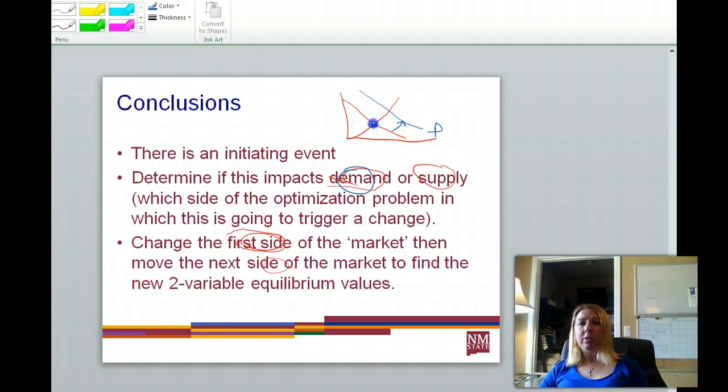So if this was our initial equilibrium point, we know we have our new demand curve out here, then we know that we have to move along this one to get to our new equilibrium point with our new price and our new quantity. And so we would move out this way and we would move up this way. And so those are the basic problem-solving steps. You identify what the change is, figure out what it impacts first, and then trace the rest of the events